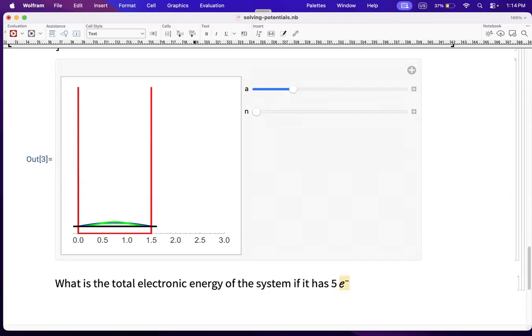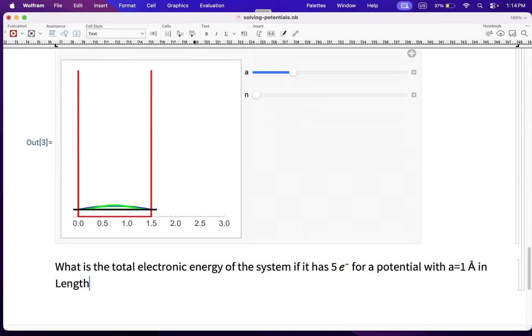Okay. For a potential with a length A equal to 1 angstrom in length. So who can tell me what is the total energy of the system? Okay, so we have